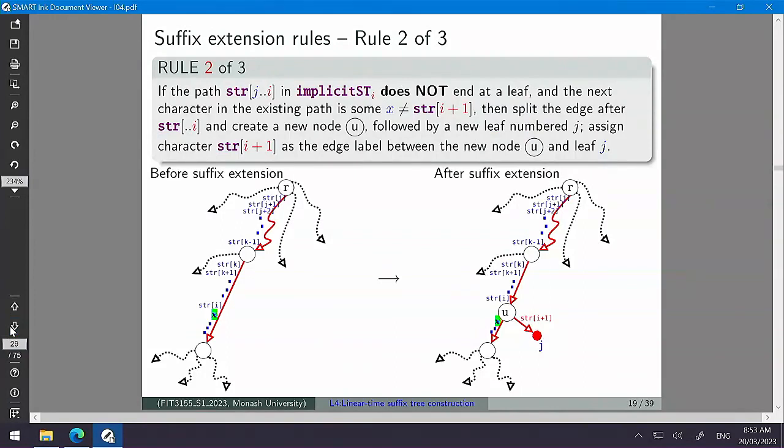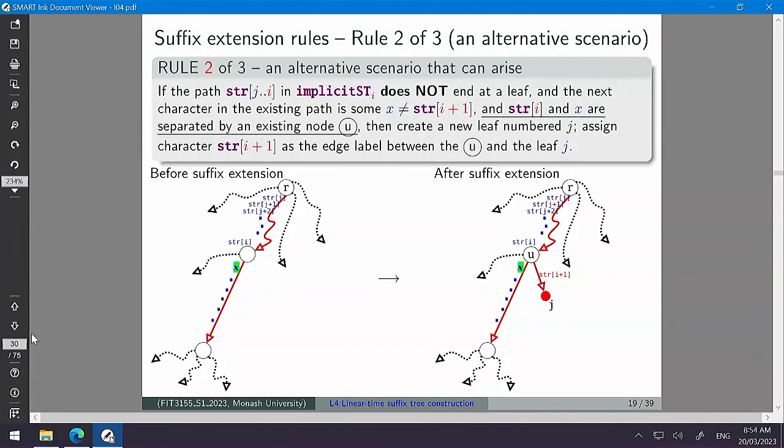I will talk about it when the situation arises. Whenever you have a new internal node, with a leaf hung off the new internal node, that's called rule 2. When you are hanging a new leaf to an existing internal node, for instance this one as well, this is rule 2 alternate. Can you see that? It's a new leaf to an existing internal node. So that's going to be rule 2 alternate. That's an alternate scenario of this, where you're hanging certain things